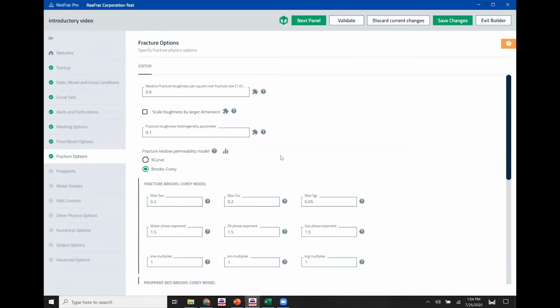In the fracture options panel, there are really just two parameters that we'll pay attention to. One is the relative fracture toughness per square root fracture size. This is a scaling parameter that scales toughness as the fracture dimensions grow. For a more detailed discussion on this, please refer to our training videos on the website, but often a good value to start at is about 0.5, and you have the option to scale it either with a smaller or